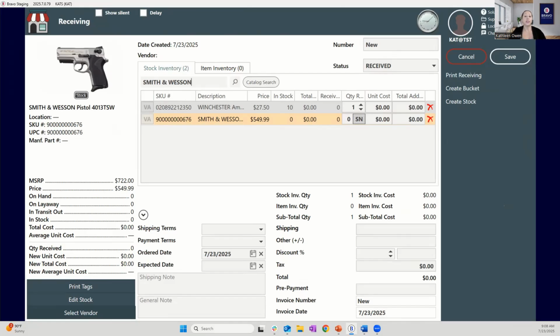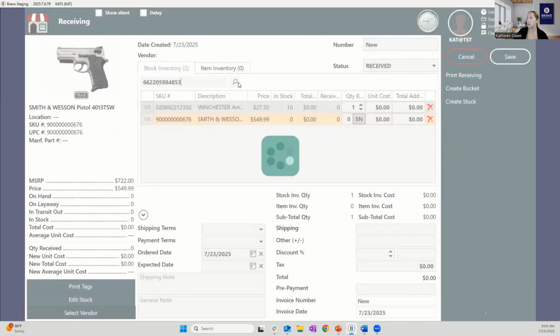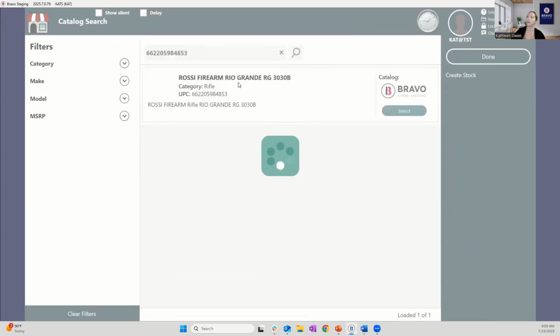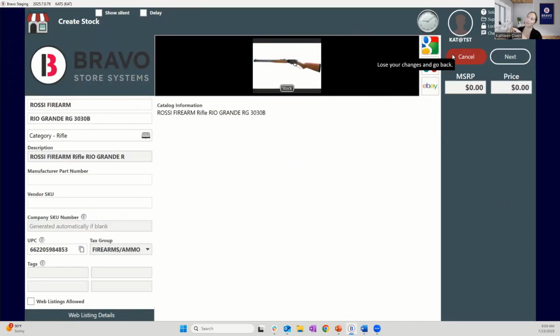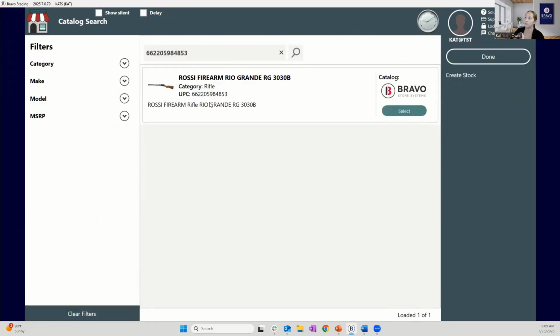Now, the very third thing that we're going to do is search for something that has not been brought into our system before. So it's going to be a unique item that we're going to have to create a brand new stock SKU for. So we're going to go ahead and grab our item and pop that UPC into that search bar. When we search for it, since there's only one item that matches that UPC,